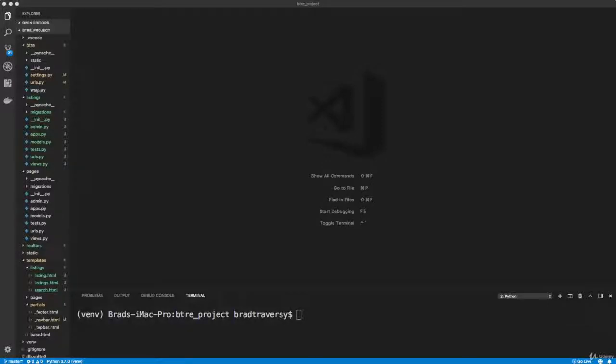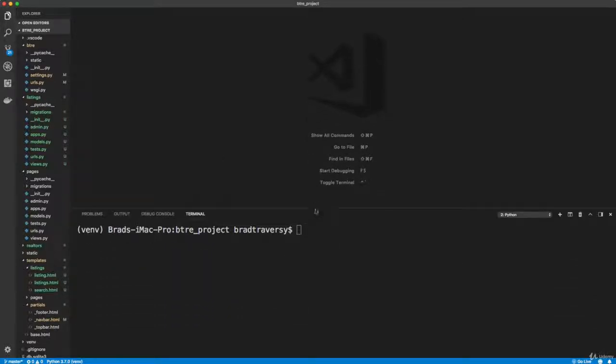Alright guys, so now that we have Postgres installed, we're going to start to implement it with our Django app. Okay, now to use Postgres, we need to define our parameters in the settings file, but we also need to install a couple packages using pip so that it can basically have drivers to connect to Postgres. So make sure you're in your venv or whatever you call your virtual environment, and let's do a pip install,